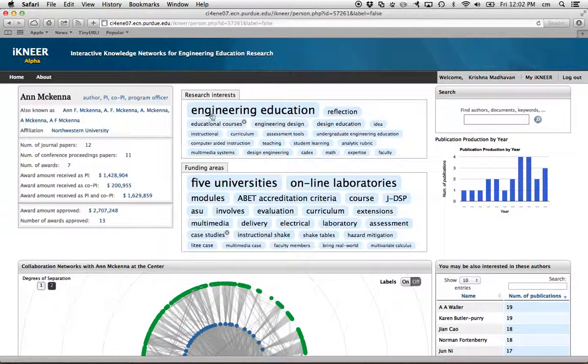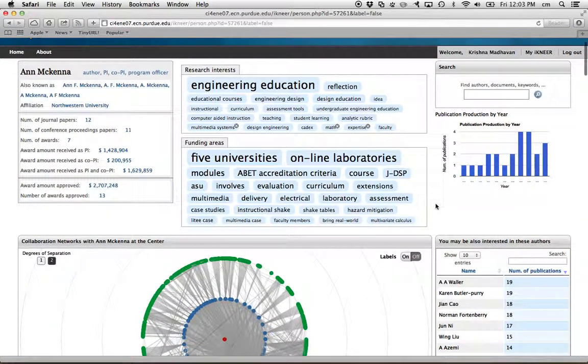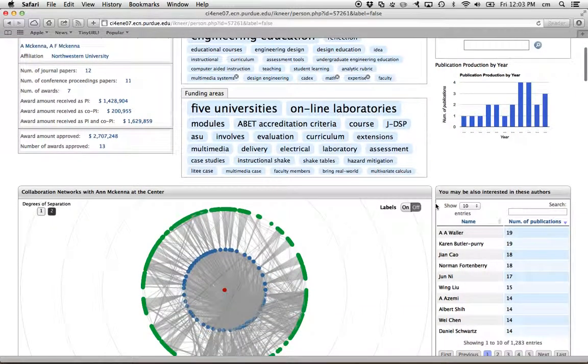That you can see very clearly over here, which means that Anne has a role as a researcher, and these are the key phrases related to her research. Then she went to the National Science Foundation, and these are the things that she has funded when she was a program officer at National Science Foundation. So our system basically recognizes both her roles.